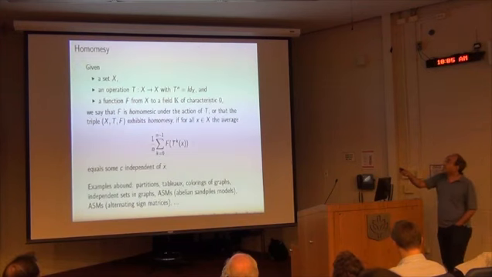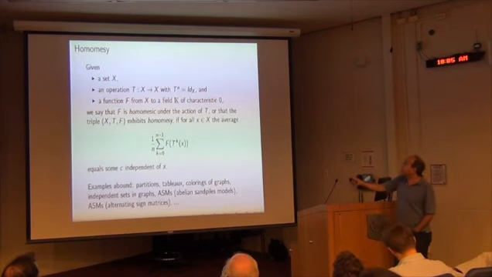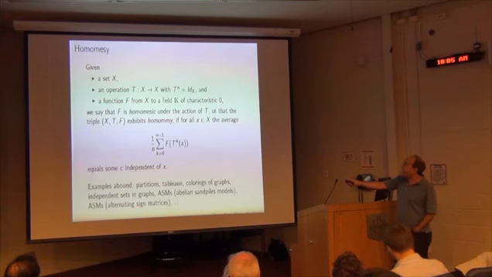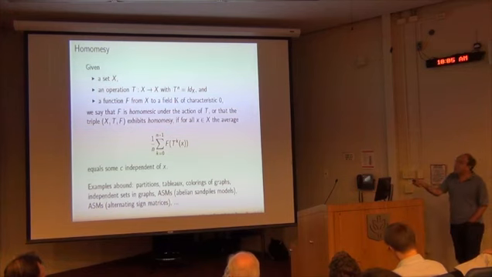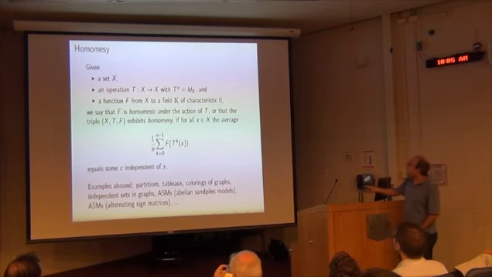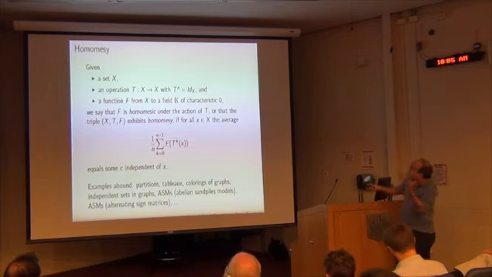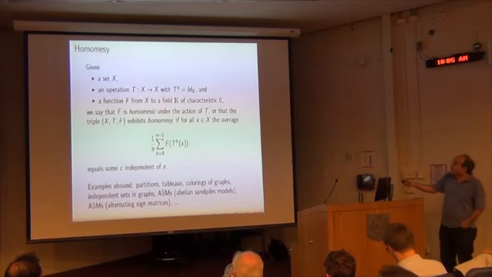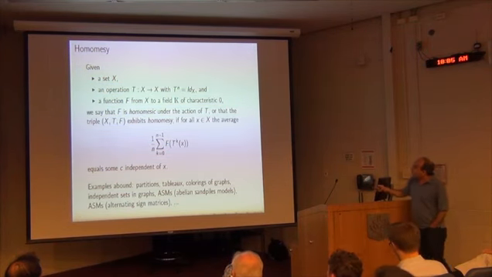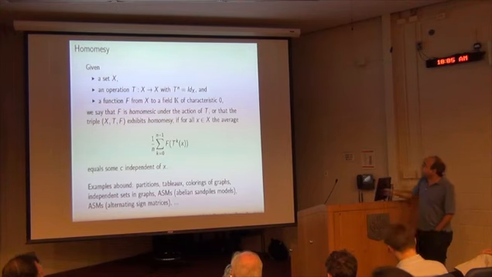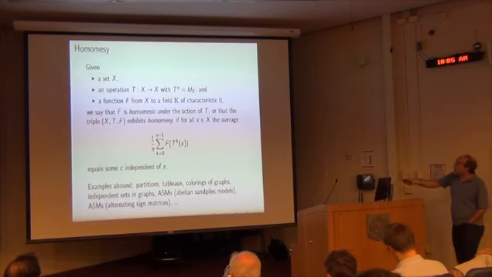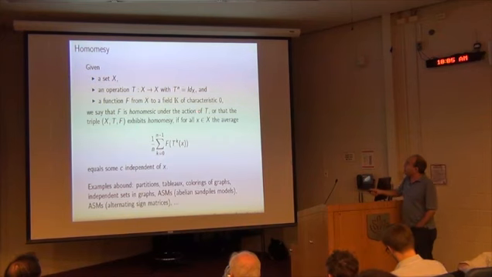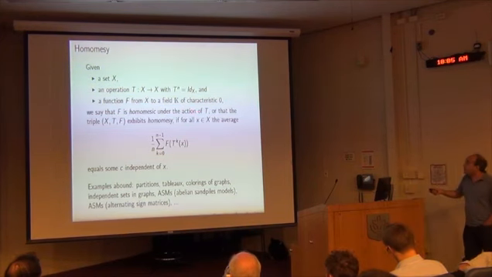So what's common to these two stories is a setup involving three actors. A set X of combinatorial objects, an operation T carrying X to itself, some power of which, let's say the nth power, is the identity map on the set X, and a function, some numerical statistic, from X to a field of characteristic 0. Given those three things, X, T, and F, we'll say that F is homomessic, meaning same middle, same average, under the action of T,